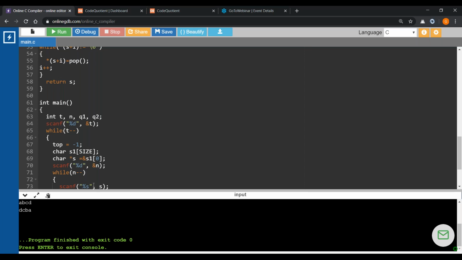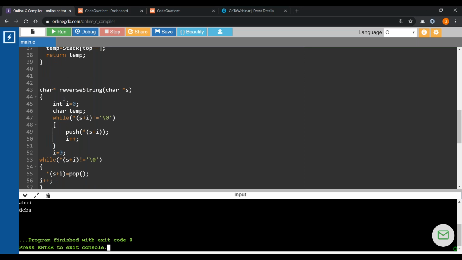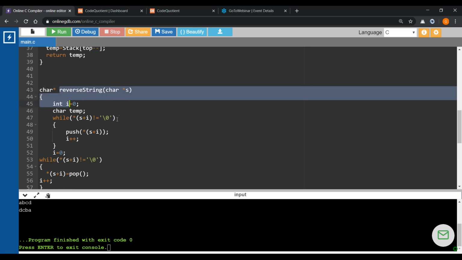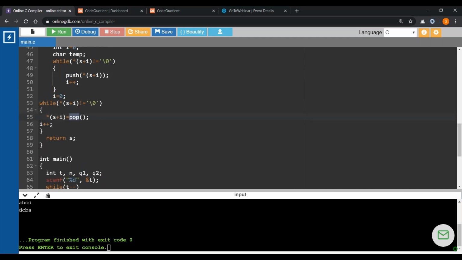So kindly, I want you to go through this particular reverse string function in which I am using a push function and a pop function to understand what it does. Kindly note, push and pop are the functions which should retrieve the characters, similar to what we have learnt in the previous example. Okay. So your task is only to write the code for the reverse string.